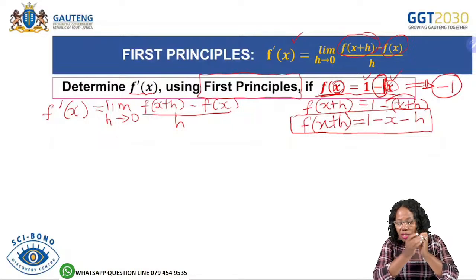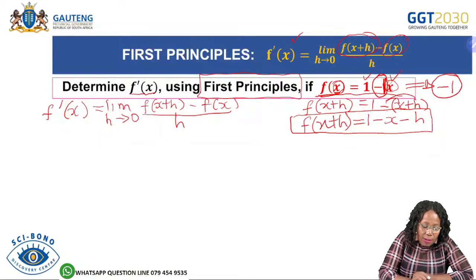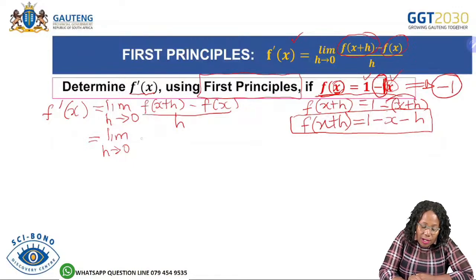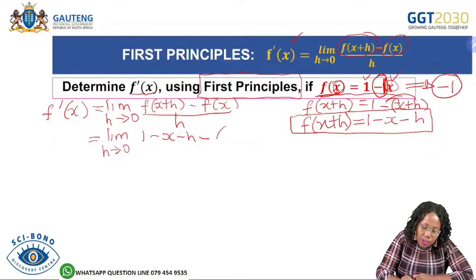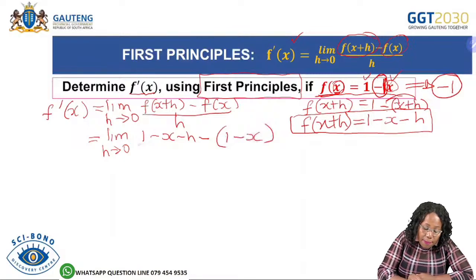Let's check whether this magic works, K12. Now we move on to the formula, back to the formula. So we have our first principle formula. So we are having the limit of h approaching 0. So our f at x plus h here, we are now substituting 1 minus x minus h minus our f at x. We are having two terms, therefore we are going to put a bracket there because this will be affected by that negative. So our f at x substitution is 1 minus x all over